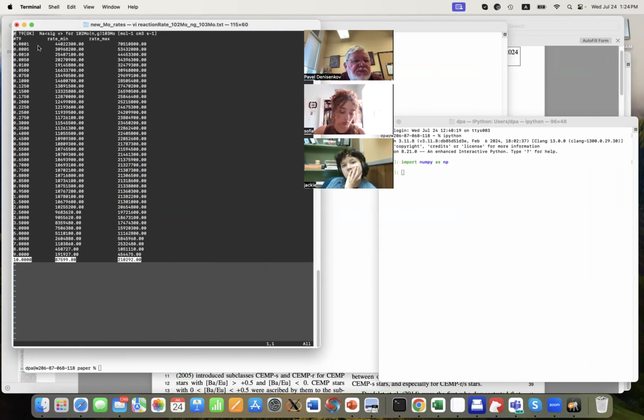So you go to temperature 0.3, which means 300 million Kelvin. We agreed to use this. The second column gives me R min, the minimum rate. The third column gives me R max.